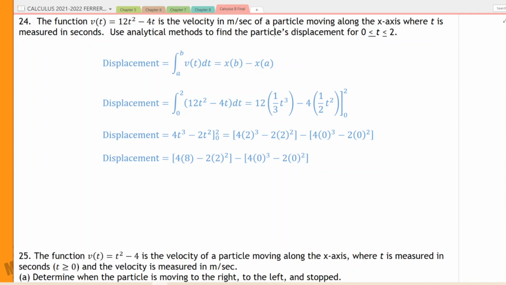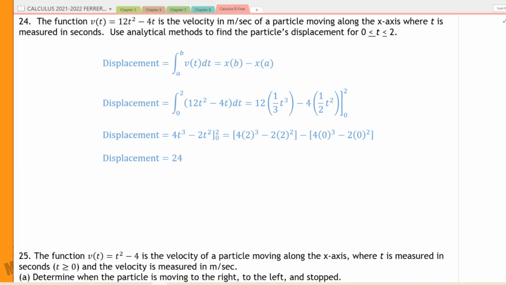Two squared is 4. 0 cubed is 0. And 0 squared is also 0. We'll do some multiplication now. Some subtraction. And we'll finish that off with more subtraction,